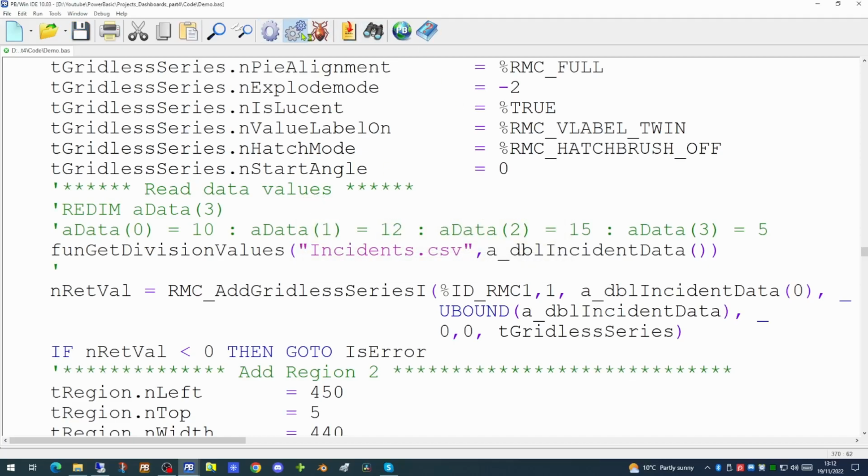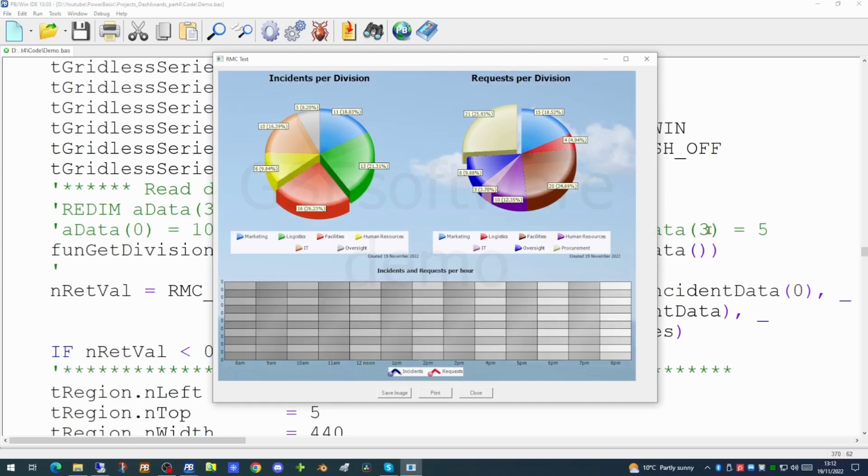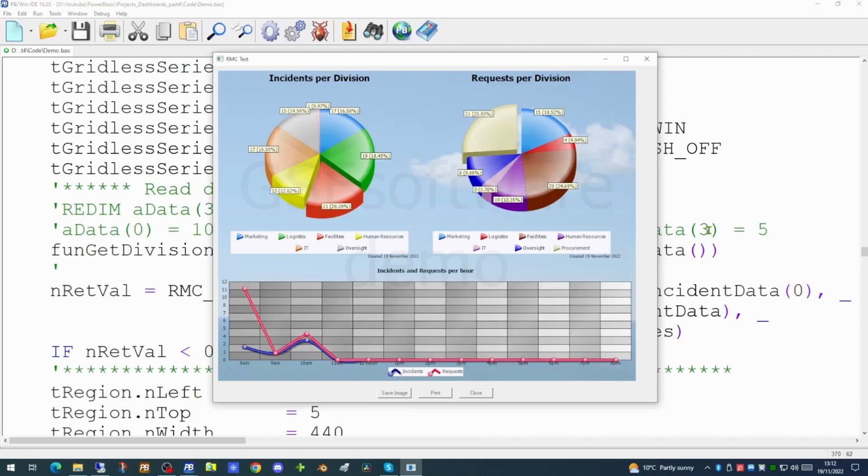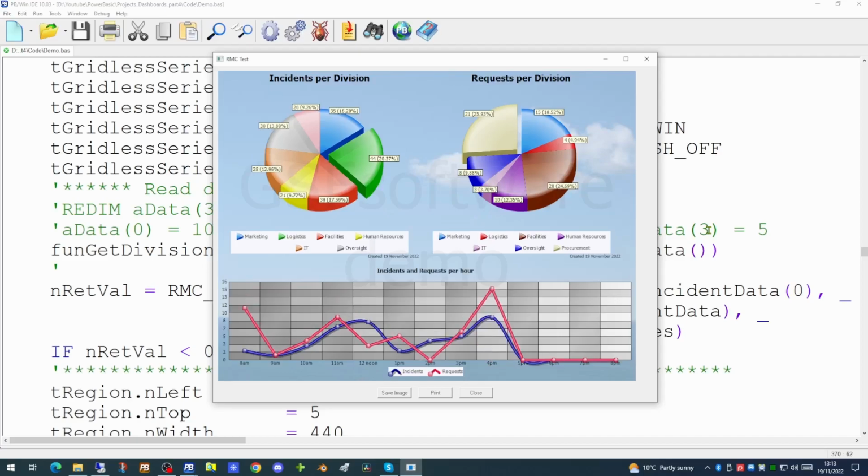And if we run our code now, we should see after 3 seconds that the pie chart is also being updated. The numbers are getting bigger for different slices of the pie. As the pie chart is redrawn dynamically, should the largest slice change from red to green as it did a moment ago, then the chart automatically accepts that and displays the largest slice of the pie as being exploded.